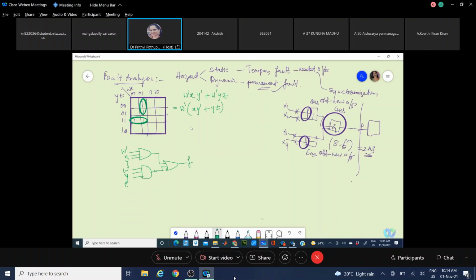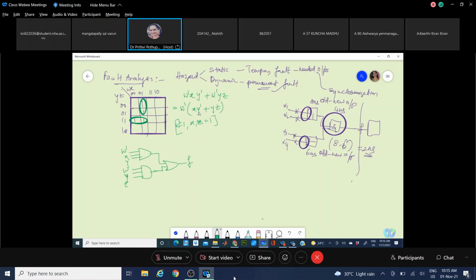If I make W dash equal to 1, that means W is 0, and X and Z are also equal to 1, what equation do you get?